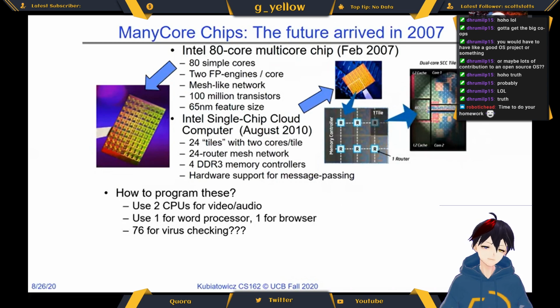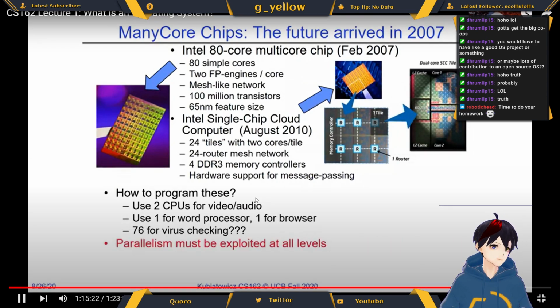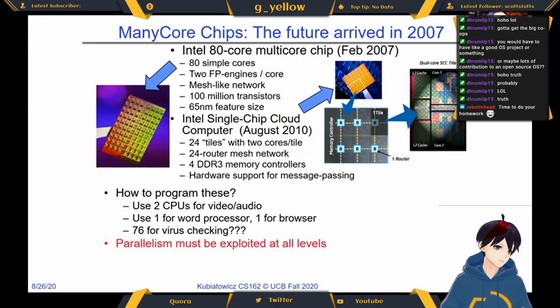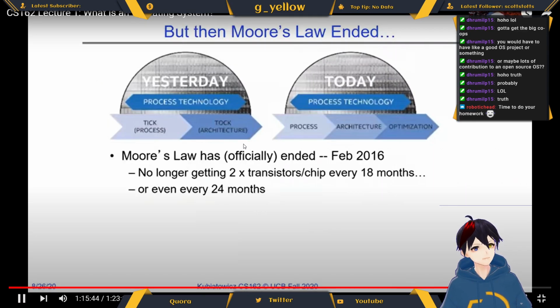So by the mid-2000s, we had many cores on a chip. Okay, and so parallelism's exploited at lots of levels. And somebody pointed out the stock of Intel and AMD went up hugely. That's true. But that was because they were delivering something that everybody needed, which was lots of processors on a chip. And the problem, of course, is, as you're well aware, Moore's law is ending,